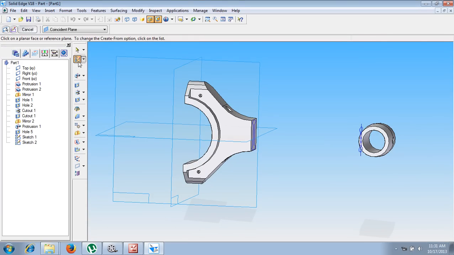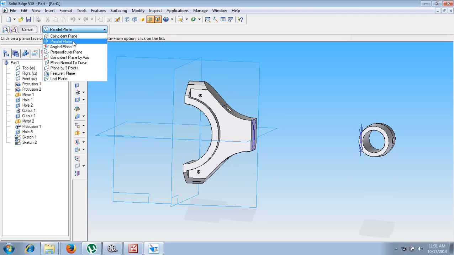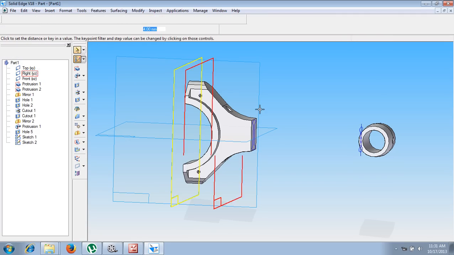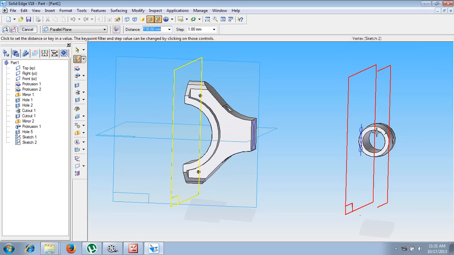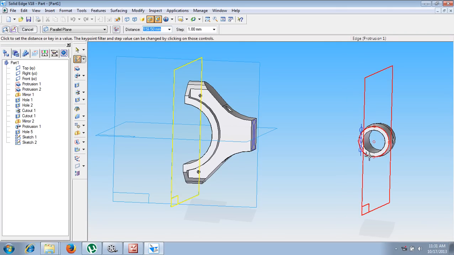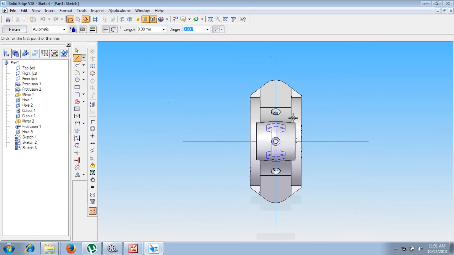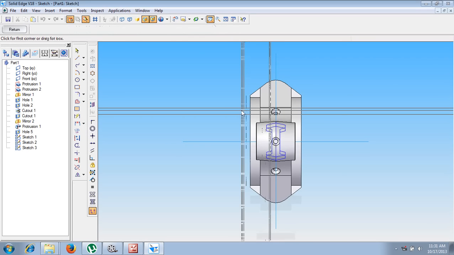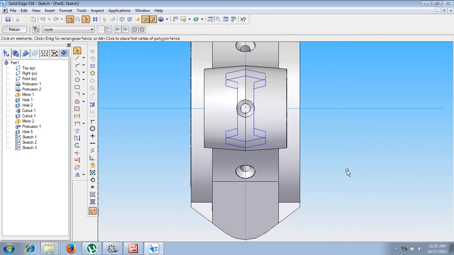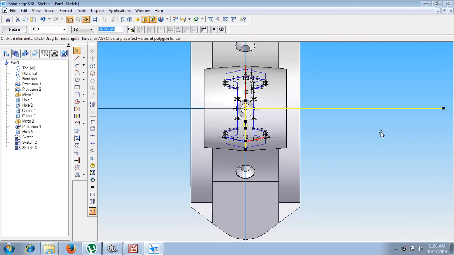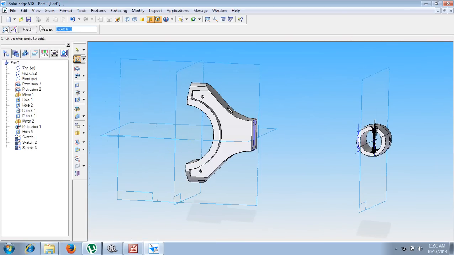So now once again go for sketch and parallel plane. This plane should be parallel to a distance of the center here. What is the center here? This is the center, that is 151.50. Now what is the thing we have to do here? Now press Control V. Whatever the same sketch I am going to get, I have to do the same sketch. Now let me say return, let me say finish.